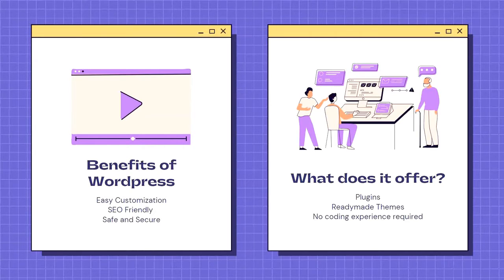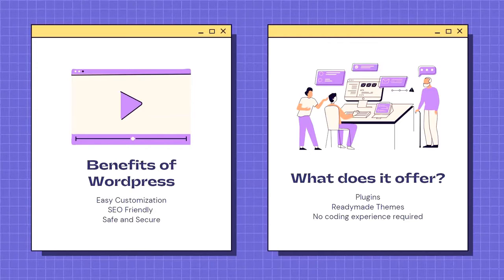Okay, so the second point is, like I was telling you, that it is SEO friendly, and obviously it is safe and secure, right? A website has to be very much safe and secure before anyone can use it. It should be safe from hackers, like people should not hack it too easily. So WordPress is a very, very secure platform with the help of which you can create a website without having this fear of whether my website can be easily hackable or not. No, it cannot be hackable. It is completely safe. And what does it offer? It offers a variety of plugins, and it offers ready-made themes, and of course the very, very awaited